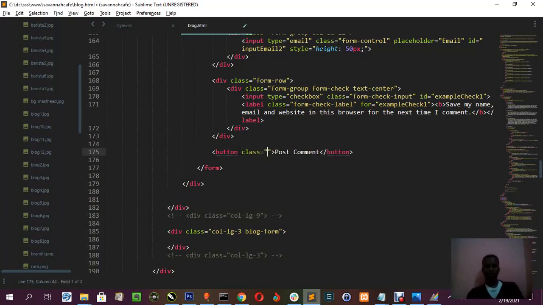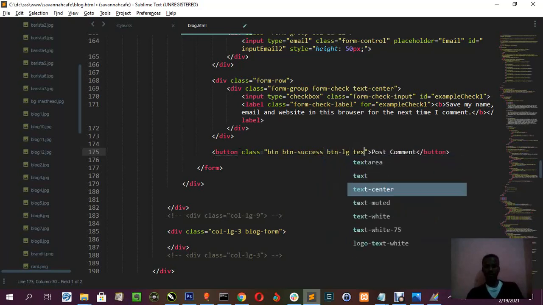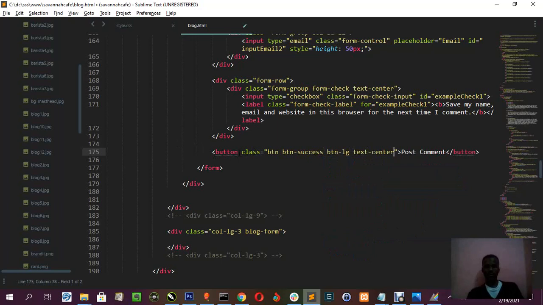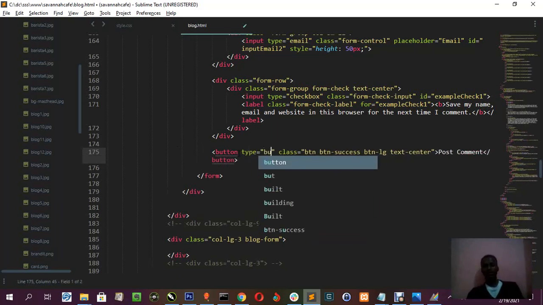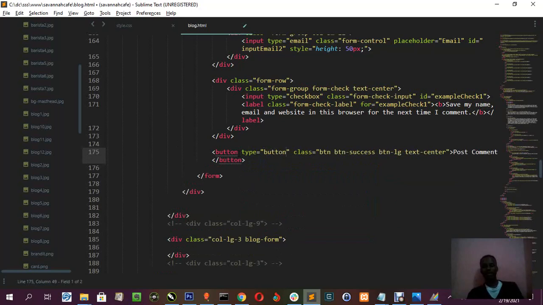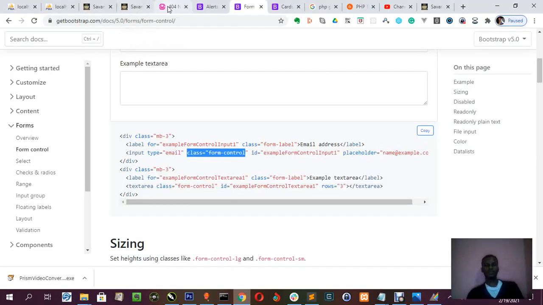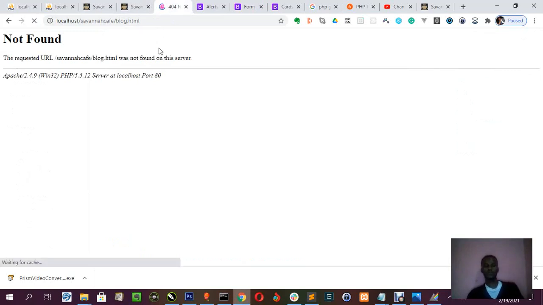So here we'll give it a class of btn, let's use success, then we use btn large, then text center. This text center aligns every text inside to the center. So let's save and let's look at our page now. This one that is showing 404 error. If we refresh it,